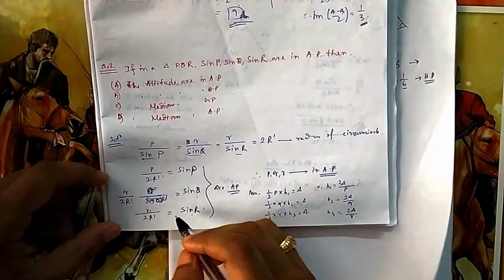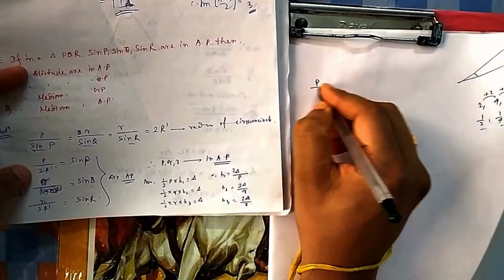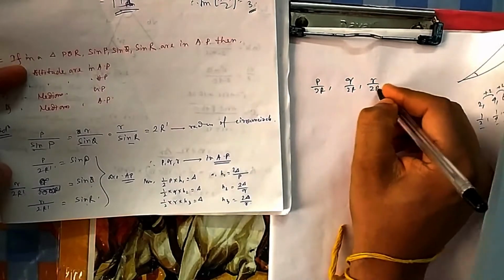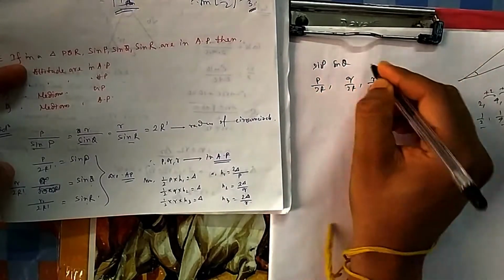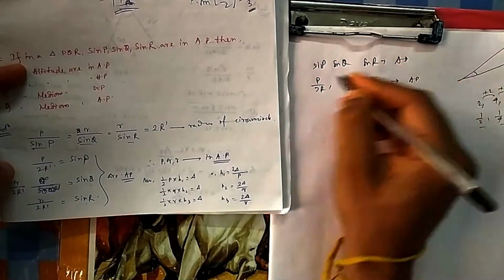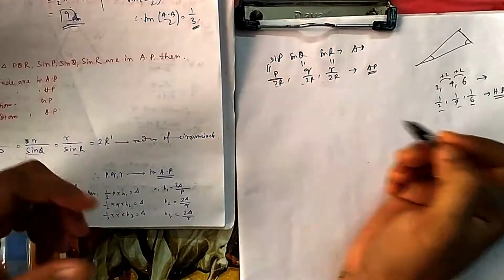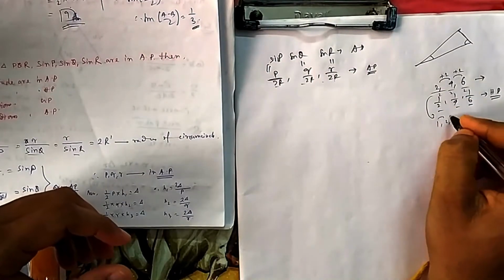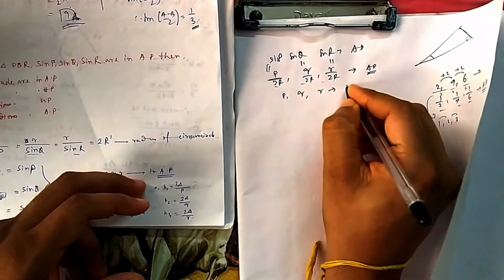So because sin p, sin q, sin r are in AP, now what are you getting? Something of this fashion: p by 2R, q by 2R, r by 2R. They are in AP. Why? Because it is sin P, sin Q, sin R. Once you know it is in AP, if you divide an AP by a constant number, then it also remains AP. If you divide it by 2 also, it will remain in AP. Why? You can see 1, 2, 3, the gap remains the same. So if we divide by a constant number, it still remains in AP. So p, q, r is in AP.